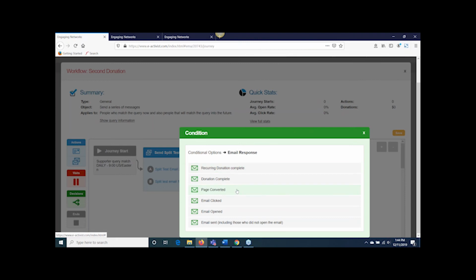Page converted is similar in that if you are linking to any Engaging Networks page, whether that's a web page or an event form or a contact form, etc., if they land on something under Manage Pages that you've built in Engaging Networks that you've linked to from the email, that will count as page converted. And there are some reasons that you would use that. That might be getting into marketing automation 201, but the ones that I think are most common are,